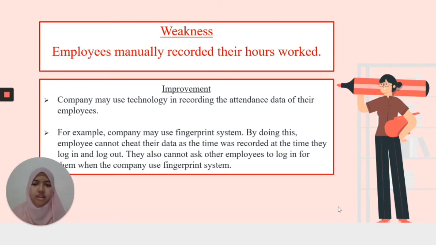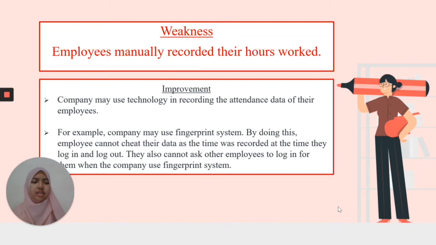For example, company may use fingerprint system. By doing this, employee cannot cheat their data as the time was recorded when they clock in their attendance, and they also cannot ask another employees to log in for them as the company use fingerprint system. So fingerprint cannot be duplicated,